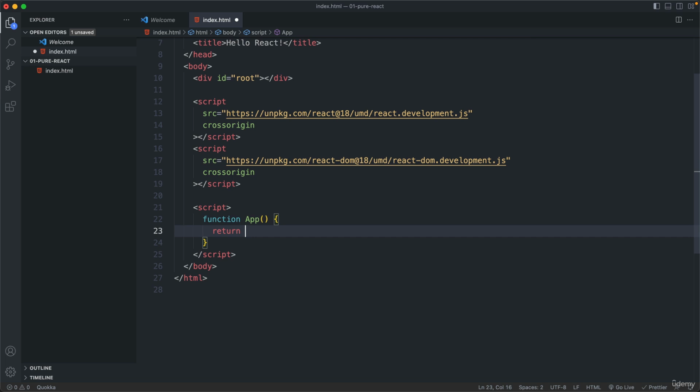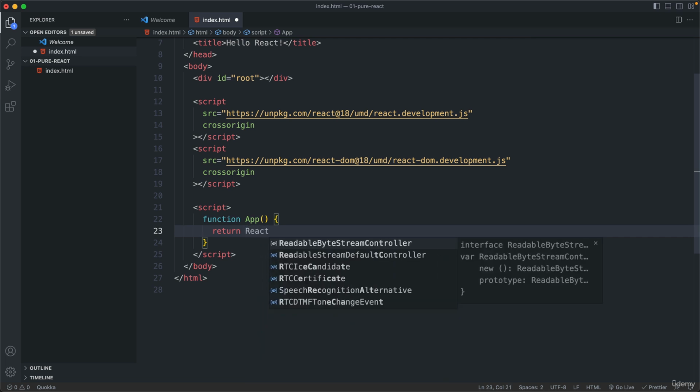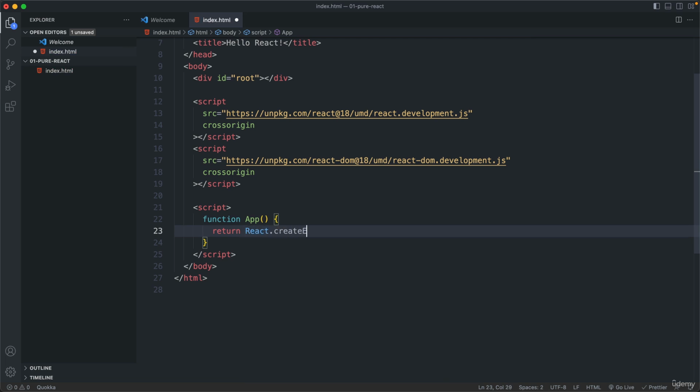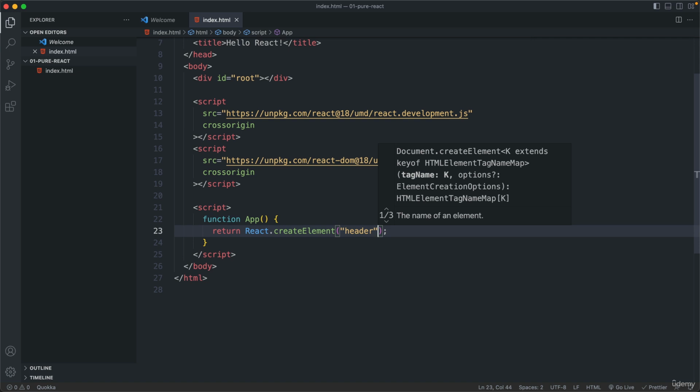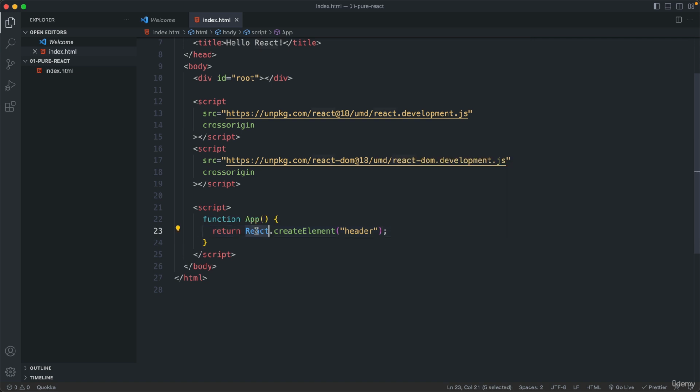So let's do return React.createElement and then simply the name of the HTML element. So let's say we want a header. So this React object here is the one that's coming from this script right here. So this script will give us this React object, and so from there we can then use this createElement